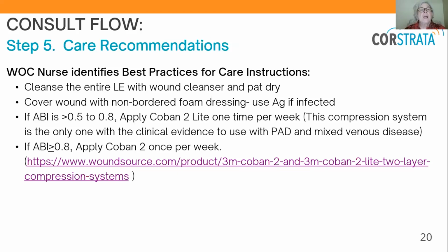Okay, so then we look at the care instructions, and this would be the recommendation for a dressing. Cleanse the entire lower extremity with wound cleanser, pat dry, cover with non-bordered foam dressing. If the patient has a lot of inflammation or is infected, you can use certainly a silver option. Now, if your ABI is 0.5 to 0.8,